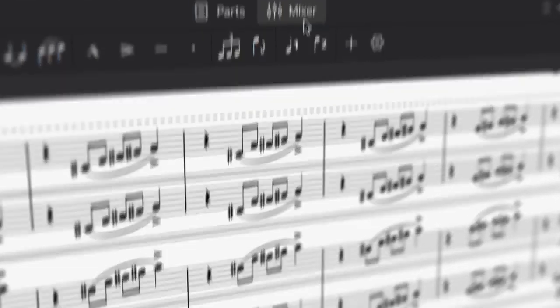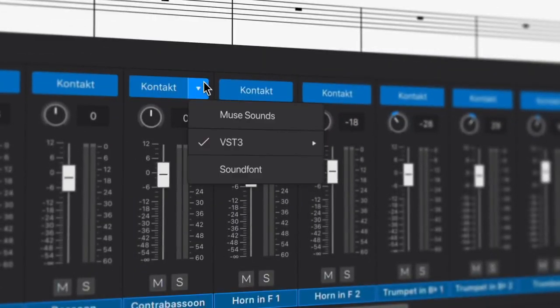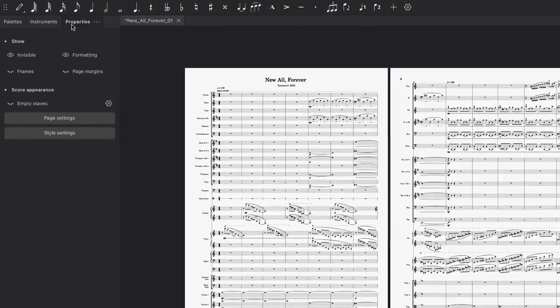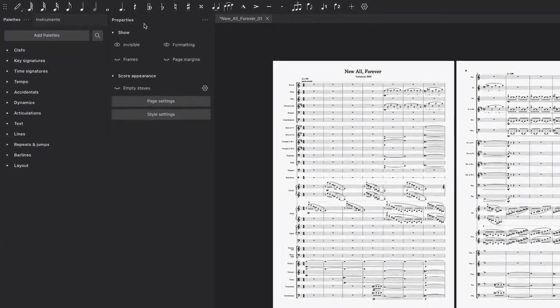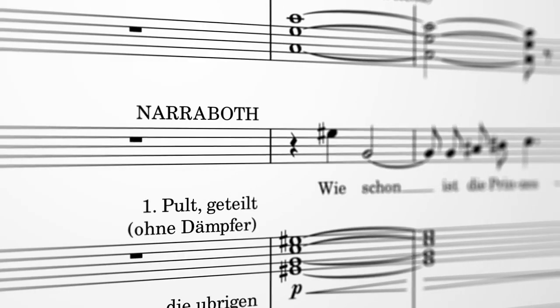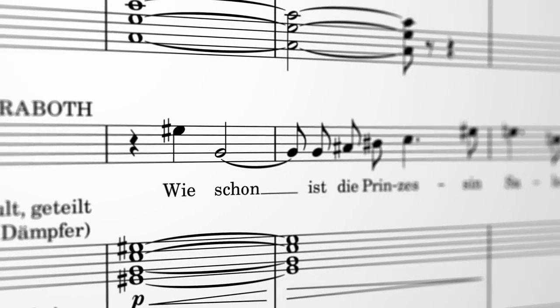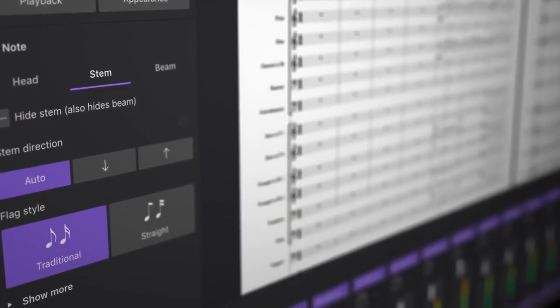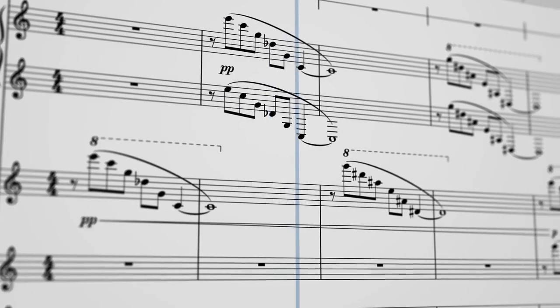For those who want to get up and running as fast as possible, we've released multiple tutorials which can be accessed from within MuseScore 4 itself or by searching this channel. With MuseScore 4, we've now got the sophisticated technical foundation we need to build new features with much greater speed in future. There are a lot of big things coming soon, and if you're interested in finding out about them,